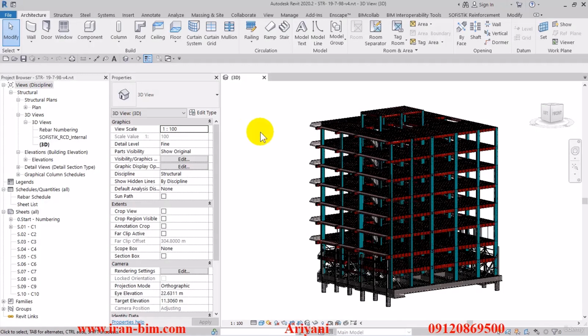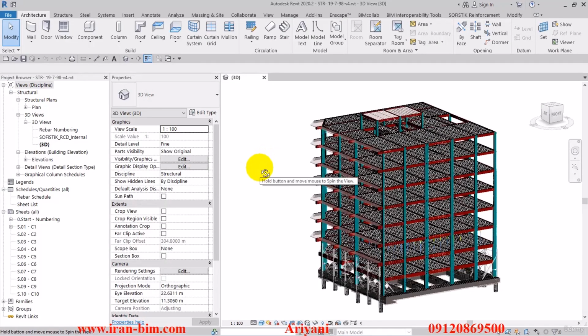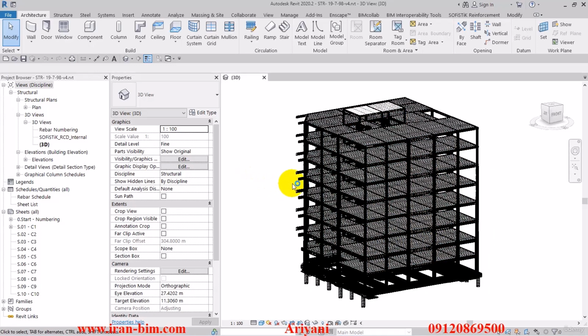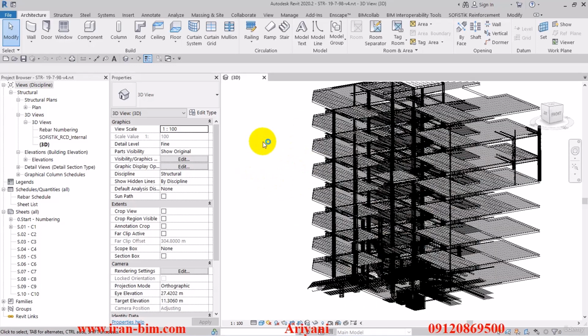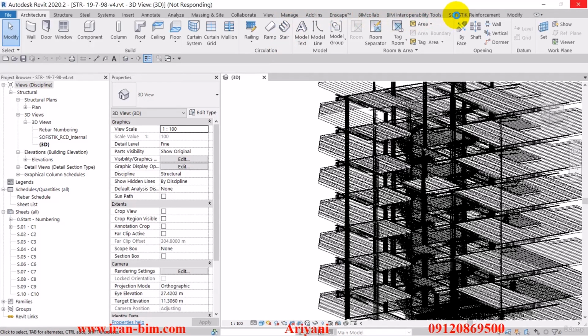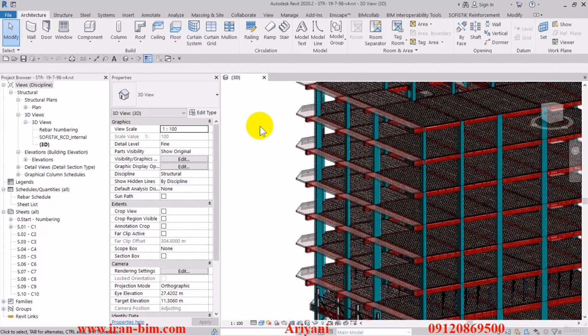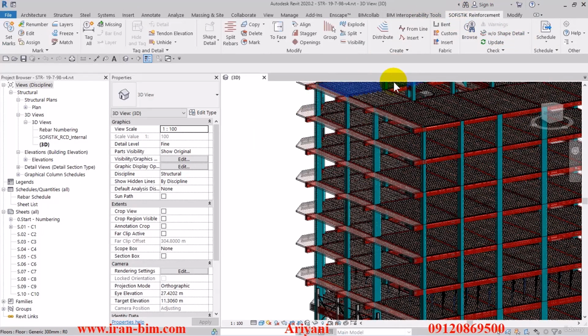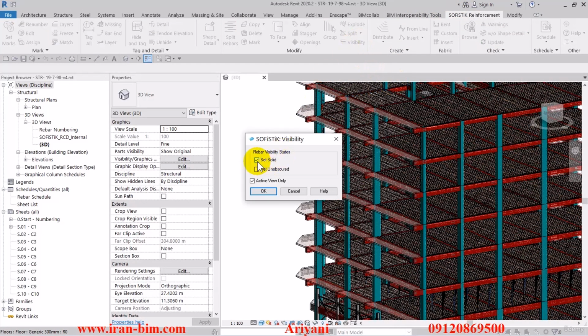So after you're done with that and you want to get the estimates of this plan, in order to do so, I can go over here. I think the file's a bit too heavy and that's why it's taking so long to respond. So we'll just have to wait for it to enter the command. So let's go over to the Sophistic tab and open up the visibility and uncheck the set solid box and